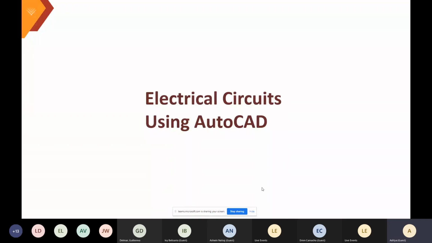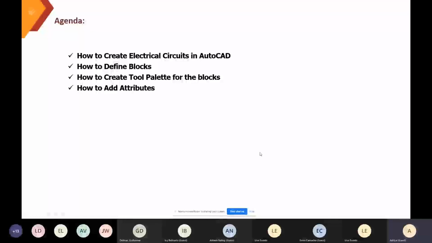So let me show you the agenda for this webinar, where we will discuss the electrical circuits, where we are going to draw some electrical components in our existing layout, and then how we can define the block items. And then if you want to create your own palette in the existing tool palette, that can be done, and then you can save all your block items in your own palette.